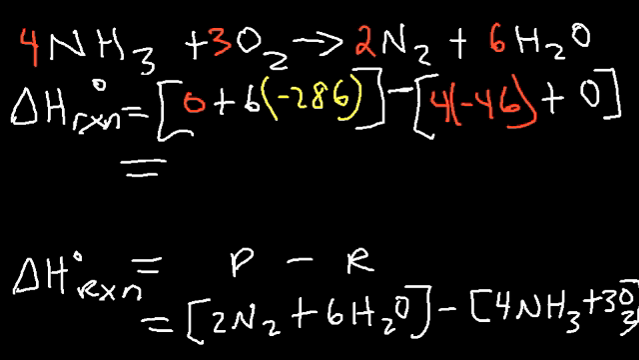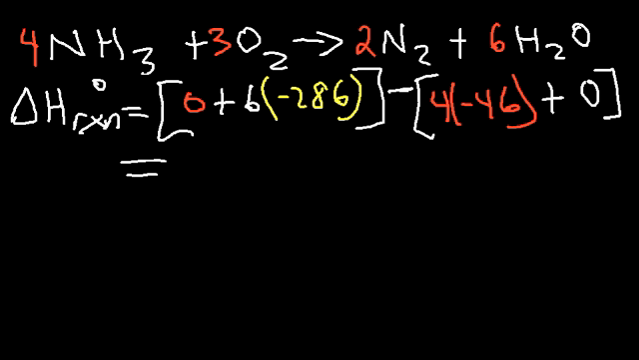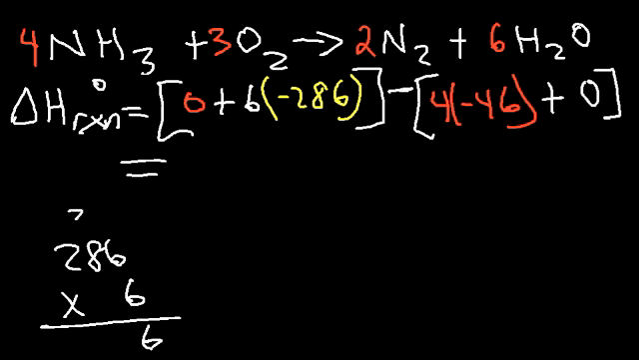So 6 times negative 286. Let's see if we can do this without a calculator. So 286 times 6. 6 times 6 is 36. And 8 times 6 is 48 plus 3, so that's 51. 2 times 6 is 12 plus 5, that's 1716. And let's confirm with the calculator, make sure I didn't make any mistakes. And so that's correct. This is going to be negative